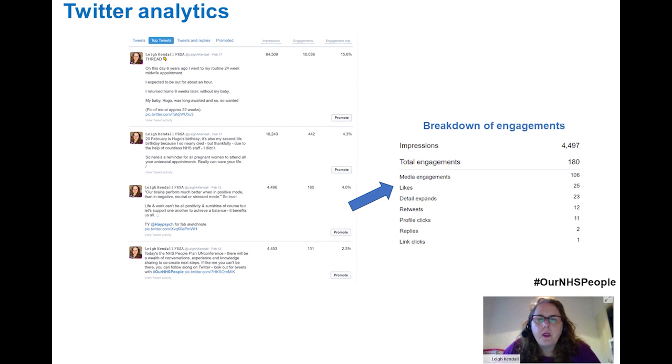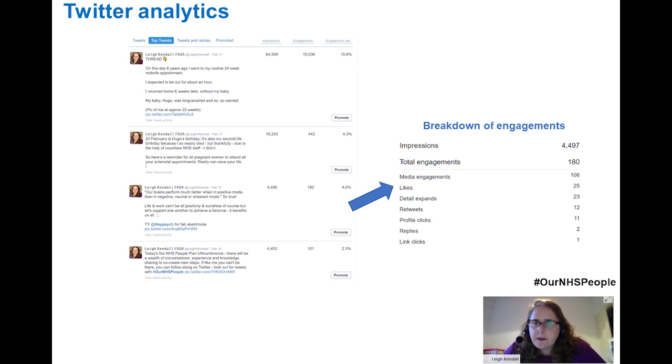Your engagement rate is a really key point to show how well you're doing. It's better than impressions, because as we talked about a few minutes ago, impressions is more about how many times a tweet has shown up on someone's timeline. It doesn't show whether they've engaged with it or read it. Your engagement rate is on the right-hand column. About 1.6 in general tends to be a good engagement rate.